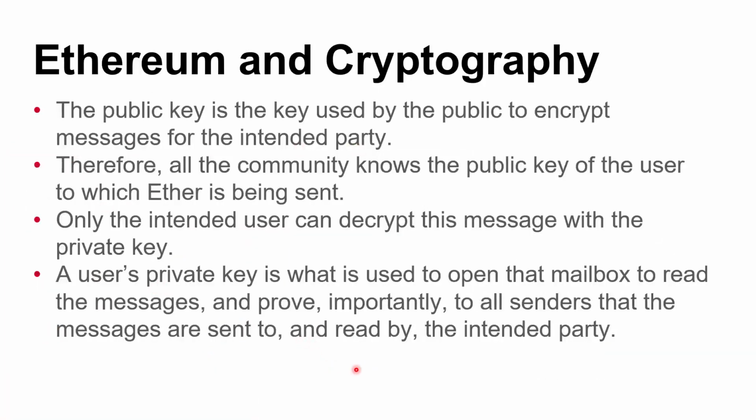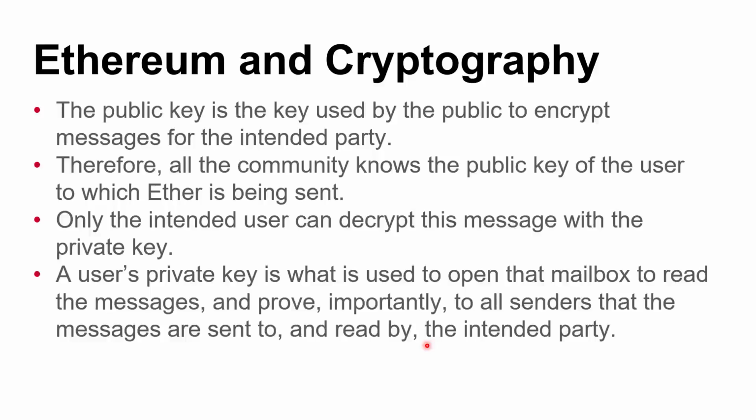So again, your public key is the key used by the public to encrypt messages for an intended party. The public will use your public key to encrypt messages meant for you. Therefore, the community knows the public key of the user to which they want to send Ether. They have to know it. Only the intended user can decrypt the message, and that user uses the private key to decrypt the message. The user's private key is what's used to, I guess, open that mailbox and read the messages that are being